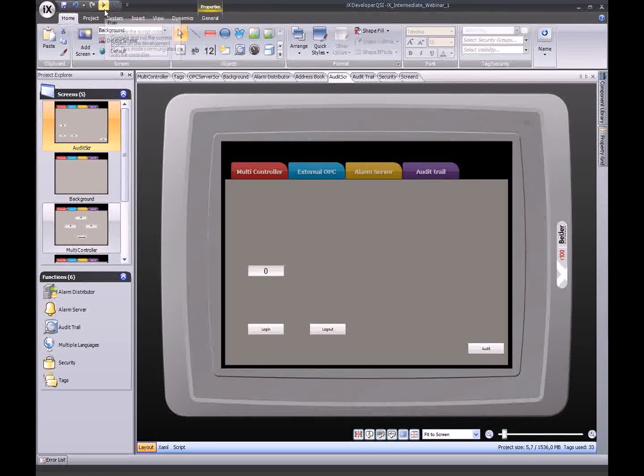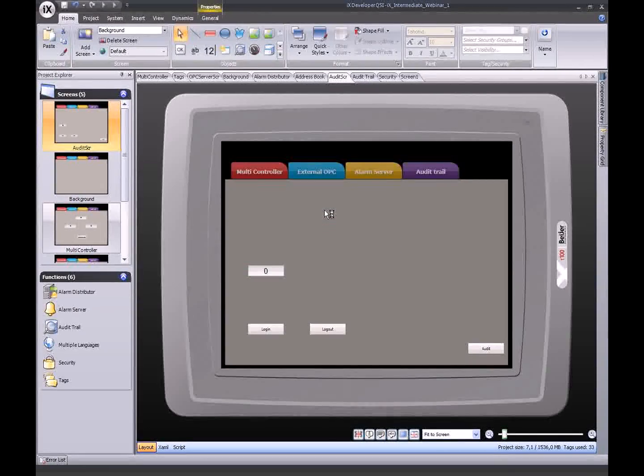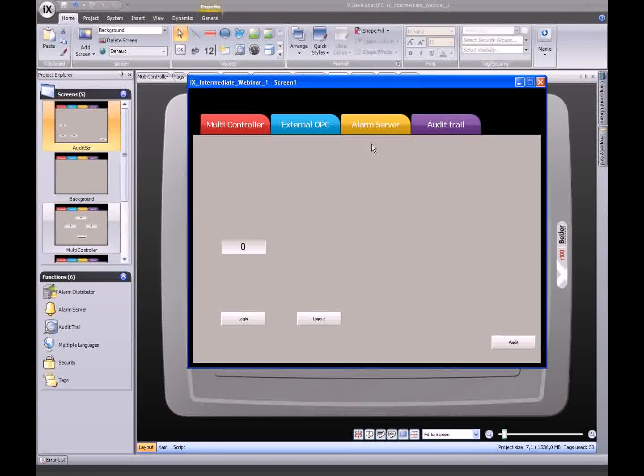As we are running in simulation mode, we can't use this. So let's run this and see what the Audit Trail does. So we're validating, and should be getting the application up here shortly. So jump to the Audit Trail screen, and